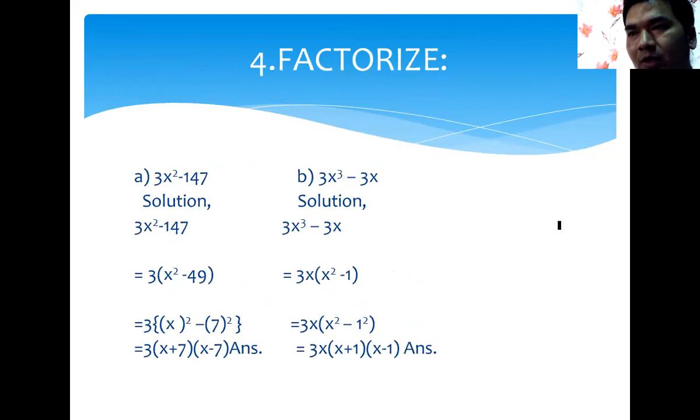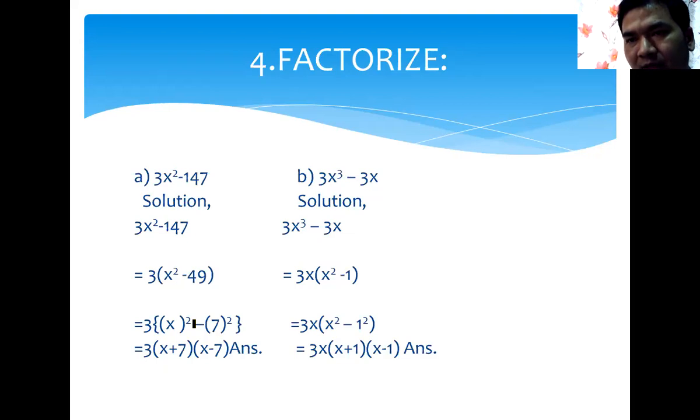Okay, now look here. If there is a common factor before factorization, we have to take it common. This is the rule. That's why we have taken 3 common from 3x square minus 147. Then x square is remaining, and 3 times 49 is 147. Now 3 stays outside, and we can convert this into a square minus b square, then x square minus 7 square.